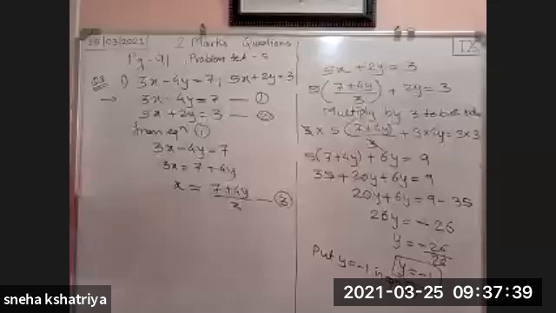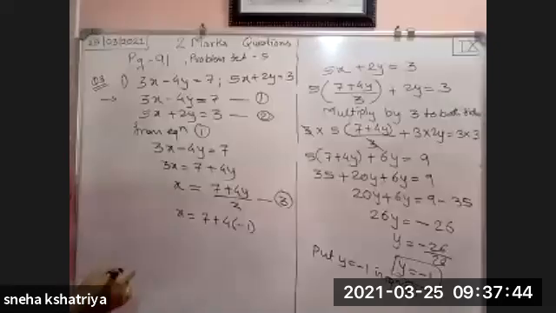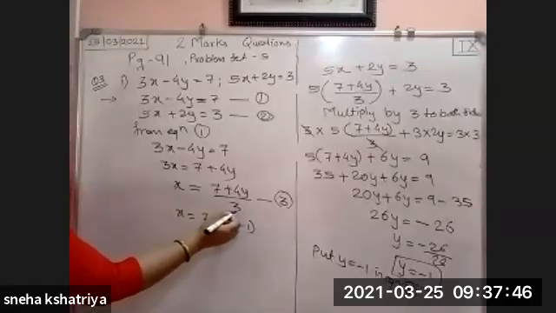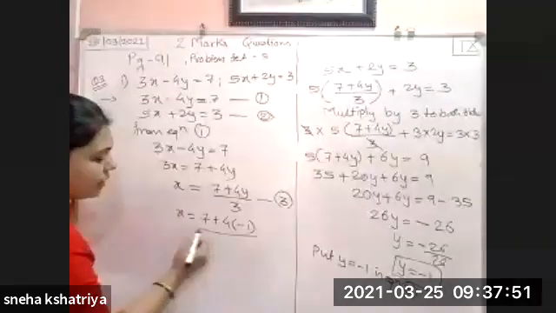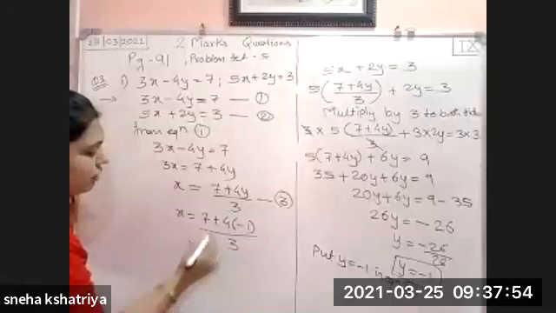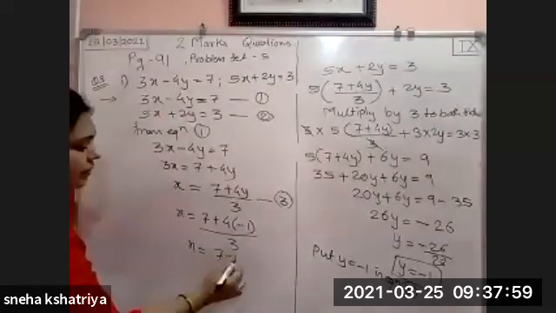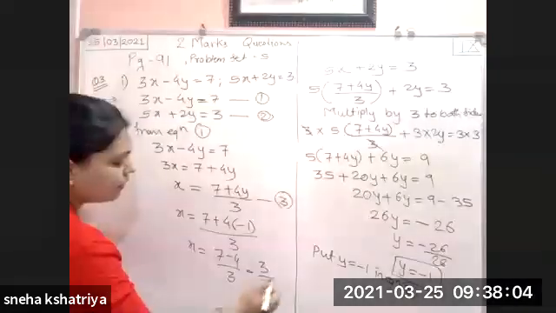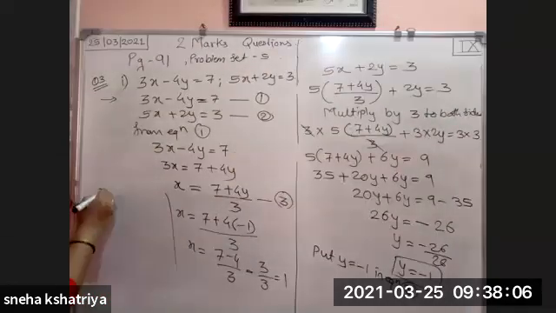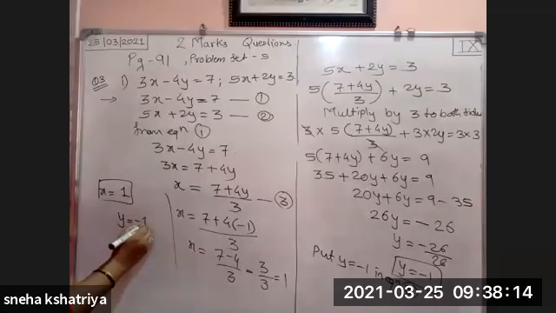So here it is equation 3, x is equal to 7 plus 4 into minus sign is there. So put in bracket. Remember, whenever you are substituting, if it is a minus sign, then give a bracket. Divided by 3. So x is equal to 7, 4 into minus 1, that is minus 4. So this will become 7 minus 4 divided by 3, which is equal to 7 minus 4 is 3 divided by 3, which is equal to 1. So we get x is equal to 1. So the value of x is equal to 1 and the value of y is equal to minus 1.